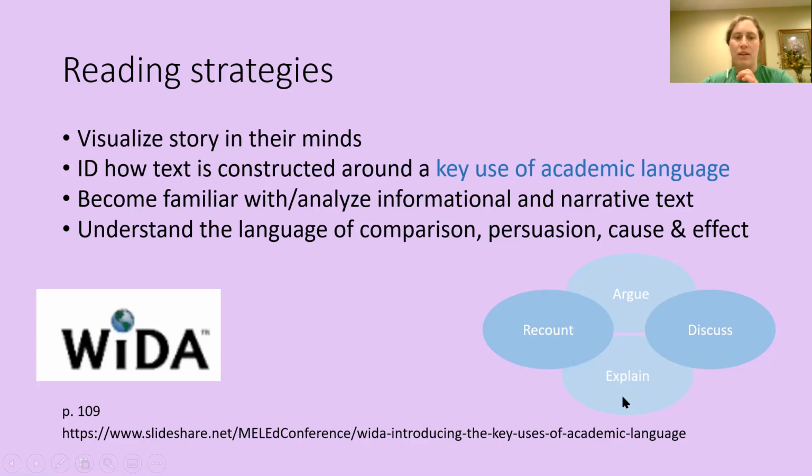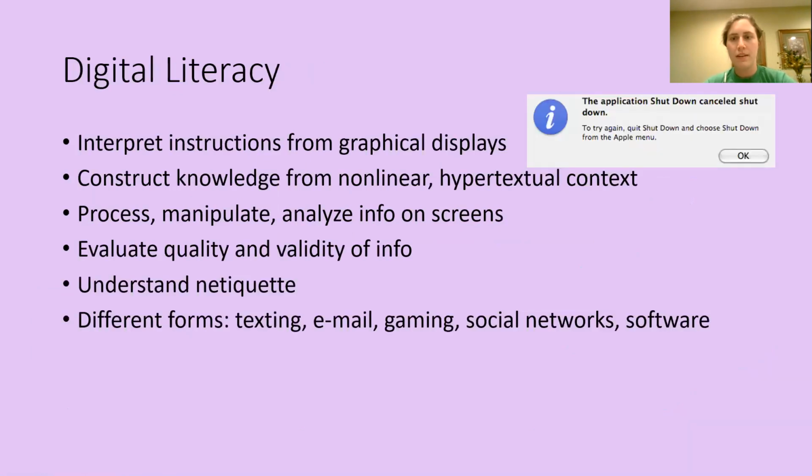And we should have students become familiar with and analyze informational and narrative text, and they should understand the language of comparison, persuasion, cause, and effect. So I guess after reading something, you can ask, was this comparing things, persuading, or talking about cause and effect? So for digital literacy,